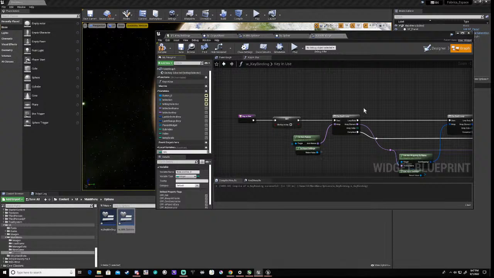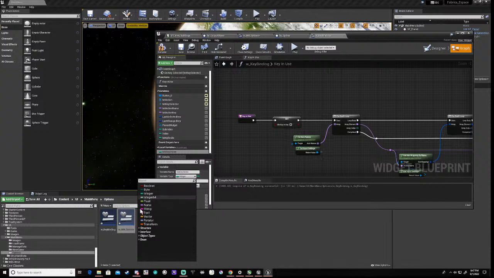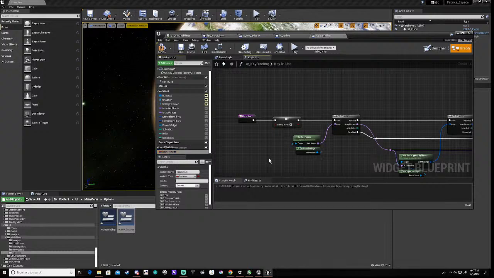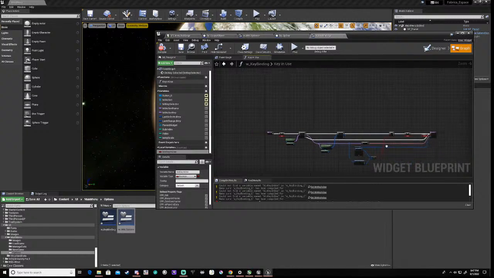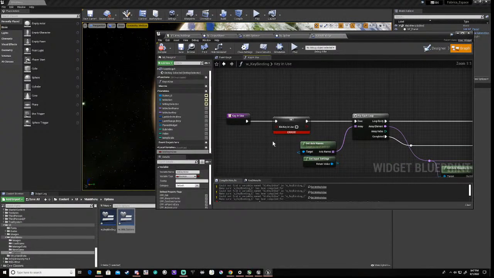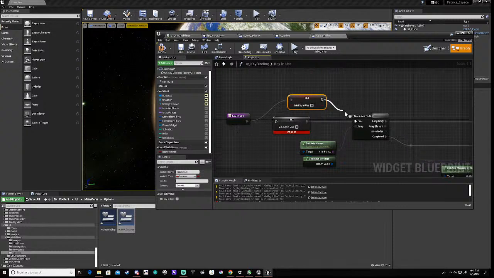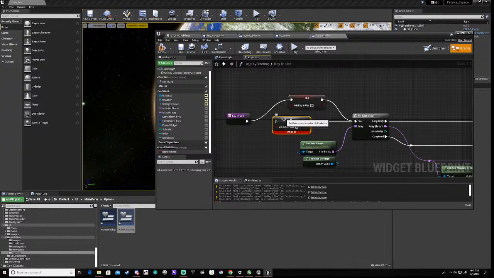So we shall copy that, and paste that there. And it's a Boolean. And then we can compile that. And then obviously that doesn't want to work. Right, but all we need to do is set that to nothing, plug it in there, delete this one,